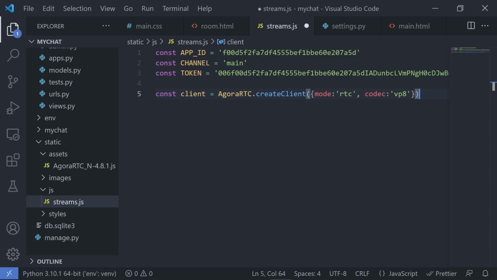Now, the next thing we want to do is go ahead and create a place to store our local audio and video tracks, and also a place to store the audio and video tracks for remote users that join this specific stream. So we'll create a variable called local tracks here. And this is simply going to be an array here. So when we first go to this website, our browser will ask us for permission to actually get our audio and video tracks. Once we get those, we're going to store them in here,